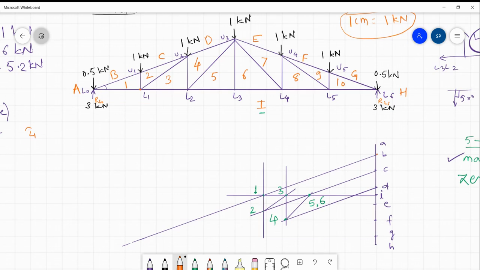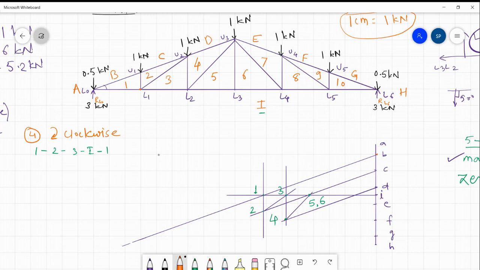So for L1, whatever Bose notations are there, you are supposed to list down those Bose notations in a clockwise sense. Remember, you have to list down all Bose notations at a particular joint in clockwise sense. Let's say for L1, I will start with 1, then 2, then 3, then I, and finally again 1. So in the same sequence, dear friends, you have to move in this vector diagram. So I will start moving in that direction.